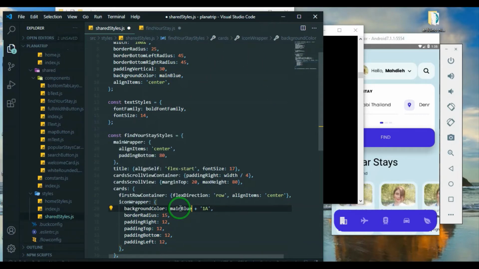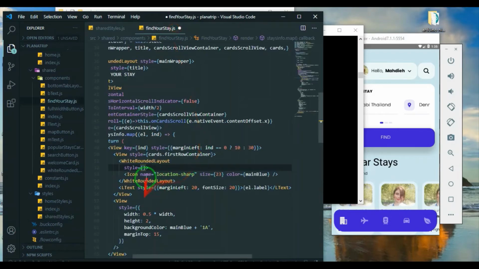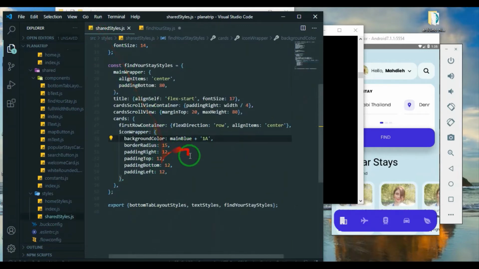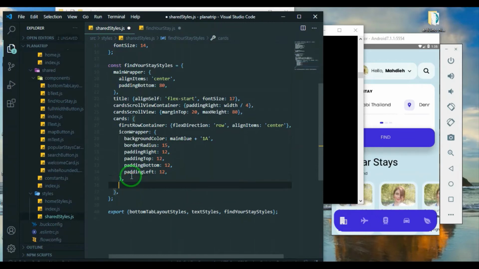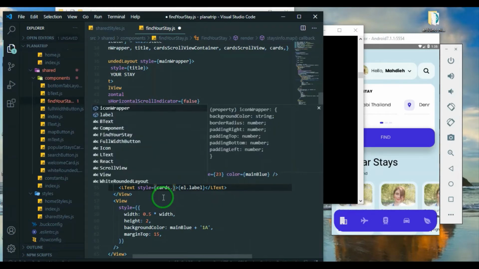If we haven't imported main blue, we import it and go to this styling and give cards dot icon wrapper styling to it. Then go to this L text, that is the label of this icon, and make a label styling for it. Then use it like cards dot label,